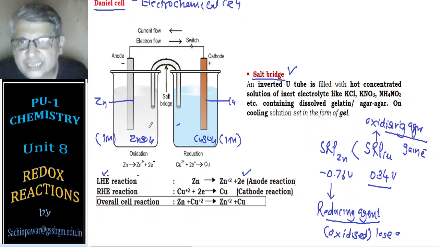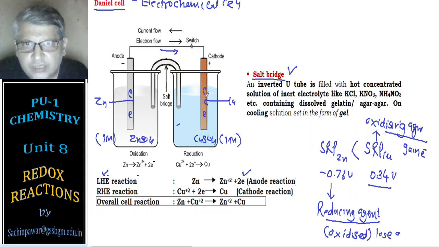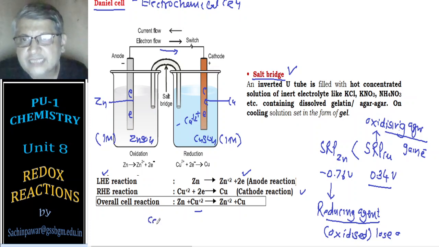The electrons start moving. So from the LHE electrons are ejected, and those electrons will come onto the rod, and these electrons will flow into the outer circuit, and they will come on the copper rod, and these electrons on the copper rod will be accepted by the copper plus 2 ions from the solution, and we have this reaction. So reactions are happening. The overall reaction, if I add these two, we will get an overall cell reaction. Because of this cell reaction, certain potential is developed. This is called cell potential.